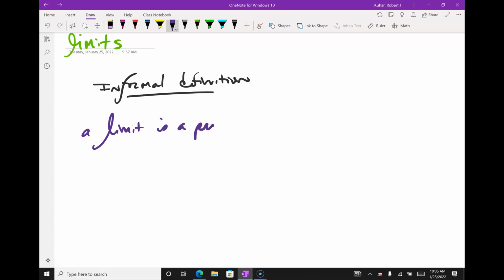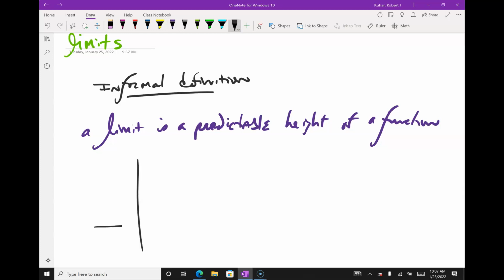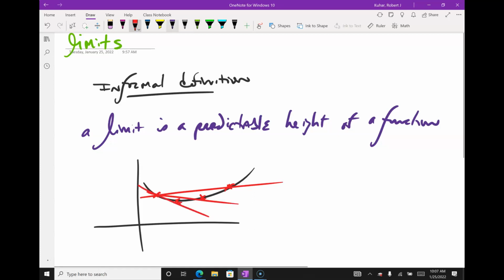is a predictable height of a function. So we were talking about that limit with the secant line, the slope of the secant line, right? We were talking about that one limit, right? With the slope of the secant line. So we had one secant line and then another secant line and then another secant line. And then from there we could predict the slope of the tangent line,